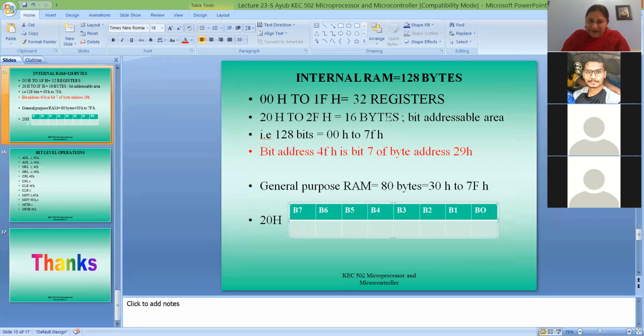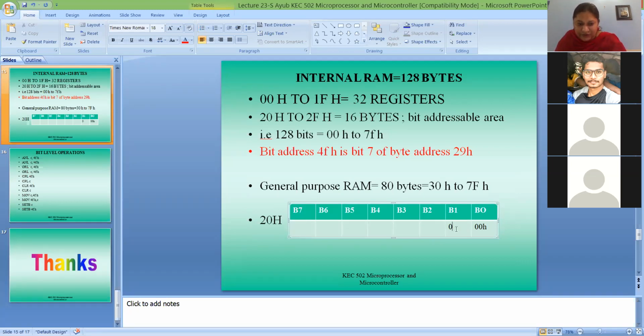Out of the 16 bytes, 20 hex is the first. Because it is a byte, 8 bits are there. So this particular bit will have the address 00 hex.